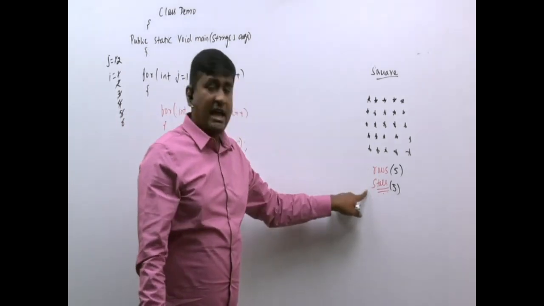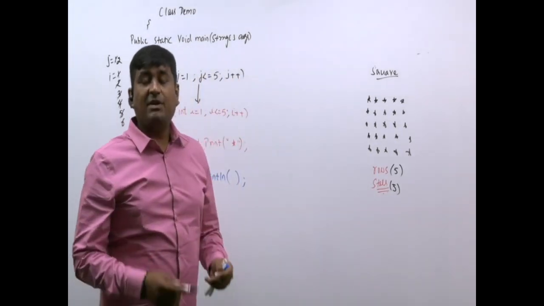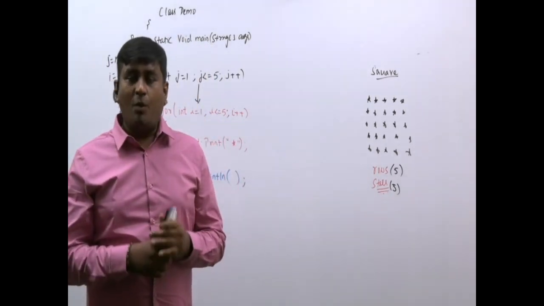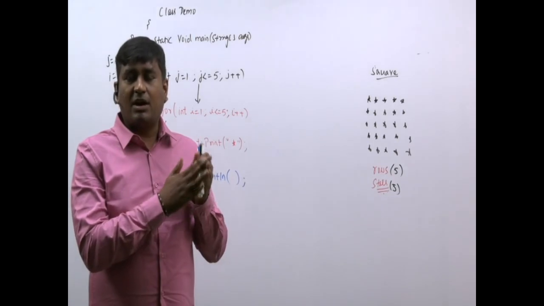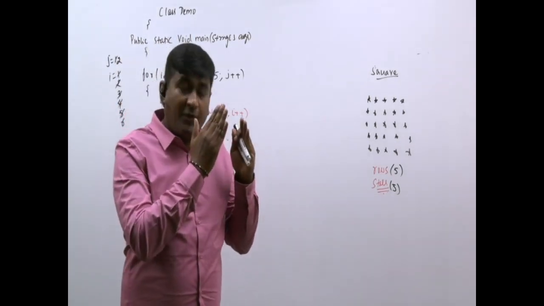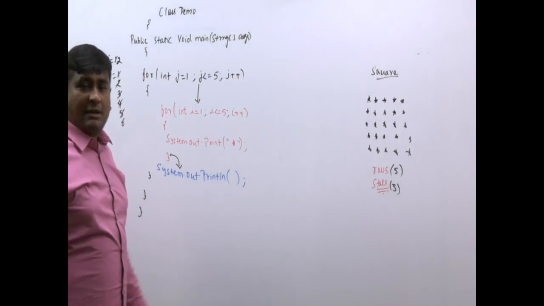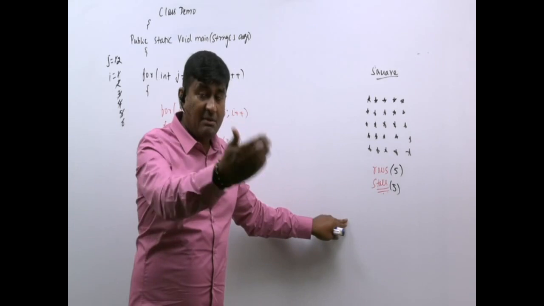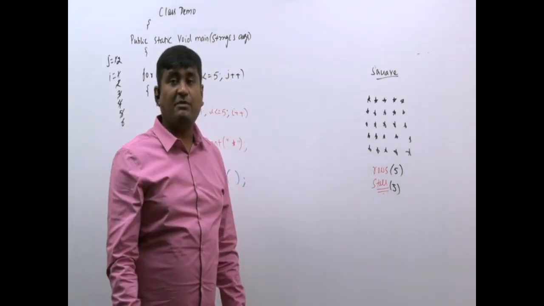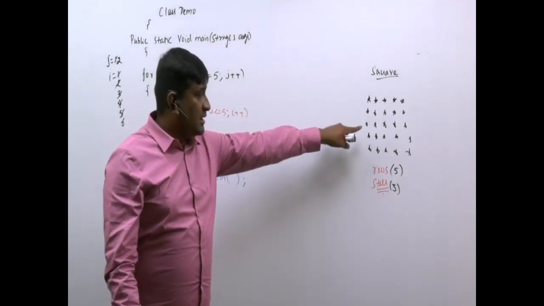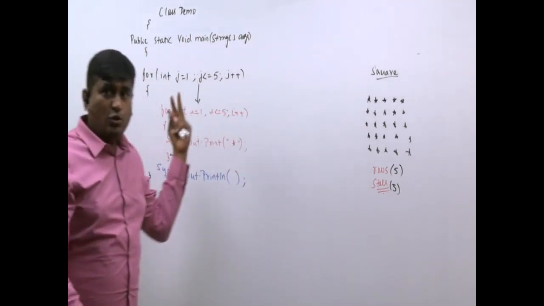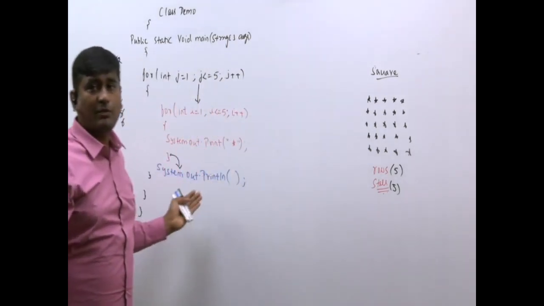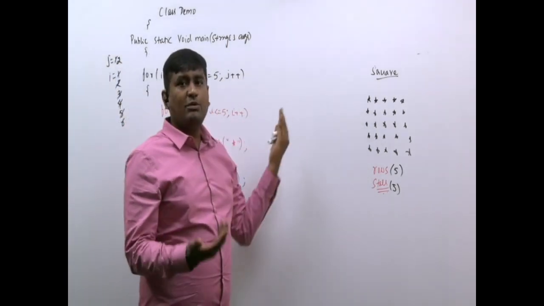Whatever information I have got from this diagram, technically we call it a dimension. Technically, how many dimensions are there in the program or in the diagram, that many for loops will be written in the program. If I have 2 dimensions or 2 pieces of information, 2 for loops. In the coming diagrams, we will have 3 or 4 pieces of information. If I have 3 information, 3 for loops. If I have 4 information, 4 for loops. So when I look at this diagram, there are only 2 pieces of information.